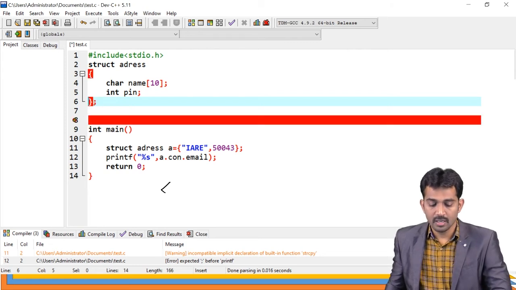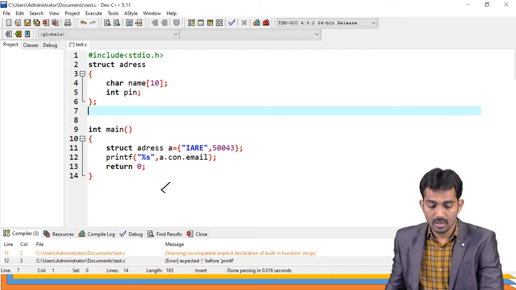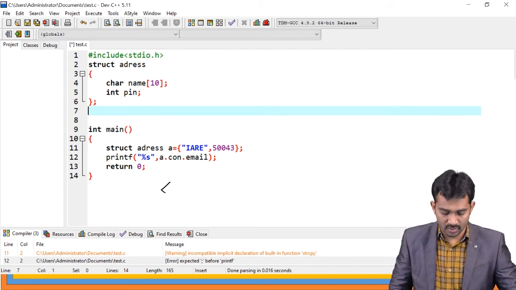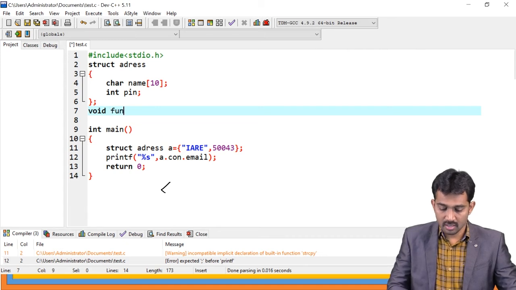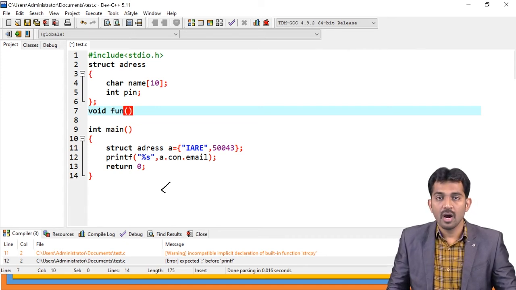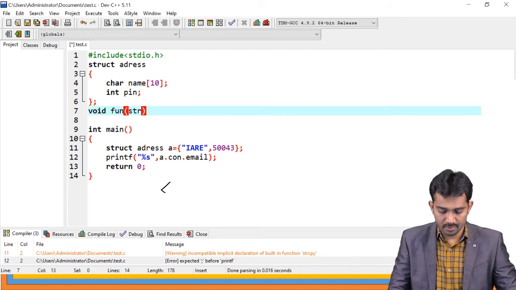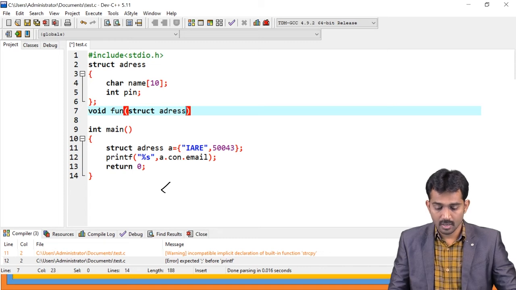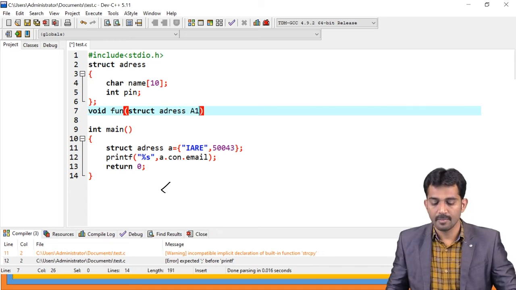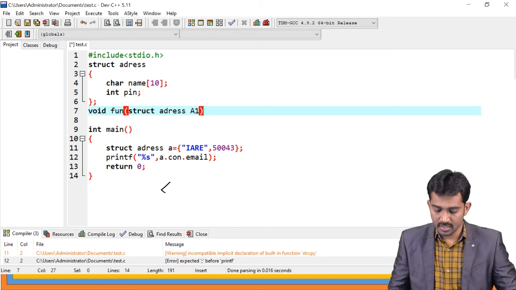See here, if you observe, I'm going to define one function, void fun, and I'm going to take the structure, struct of structure name. What is the structure name? Address, right? Address of A1,